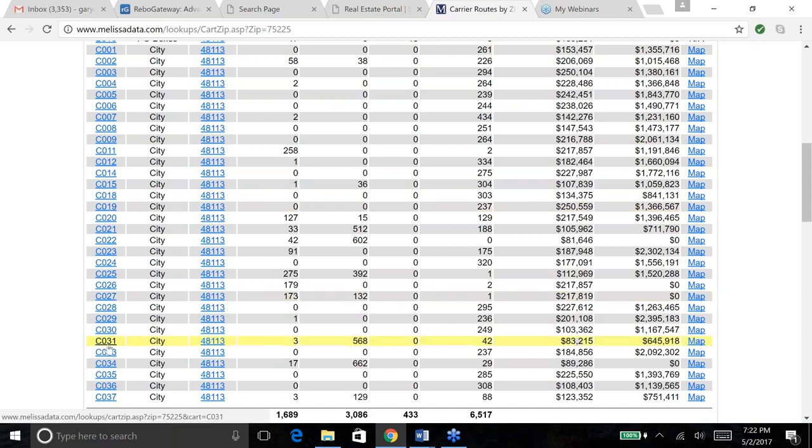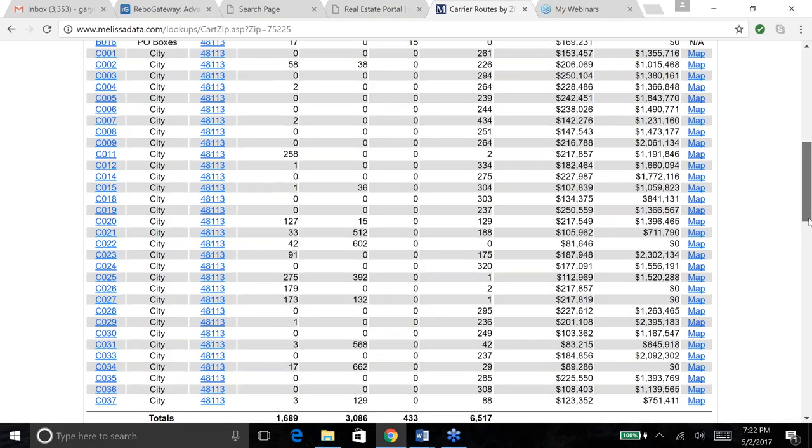Every route with an R, there's no R routes here. They're called rural routes. They tell you how many people live there, what they make, average salary, and the average property value. So check this out. Carrier route 19, the average salary is $250,000. And average home price is $1.366 million. So I don't know about you, but that sounds like a pretty sweet area of Dallas. That's zip code